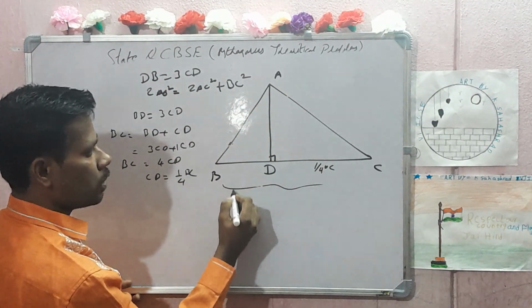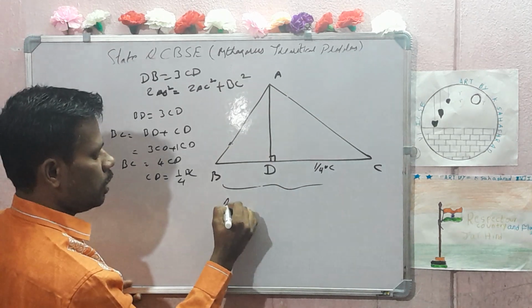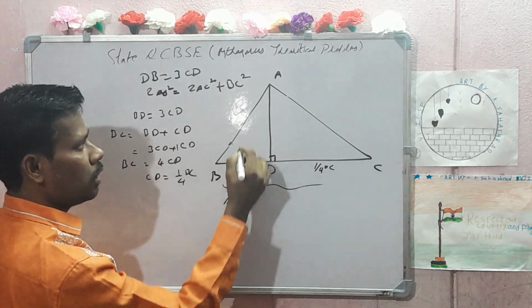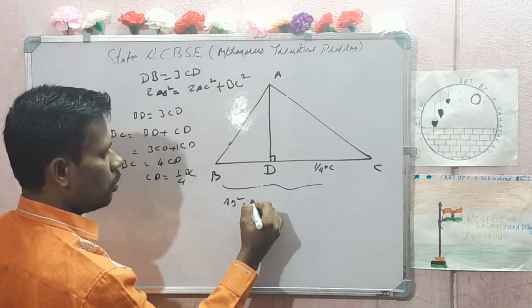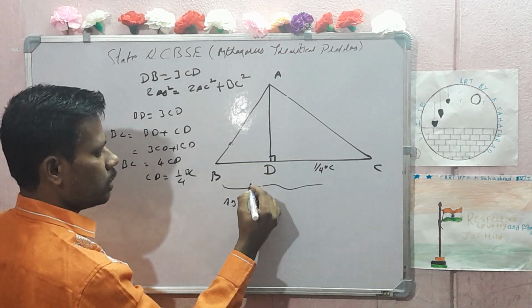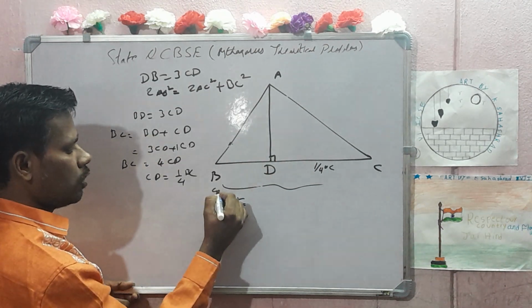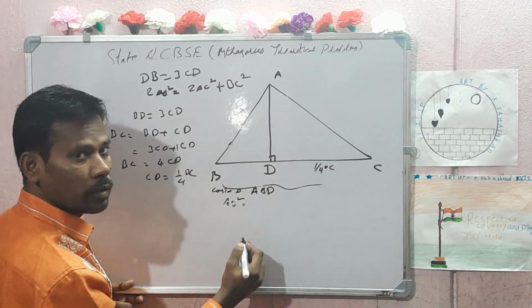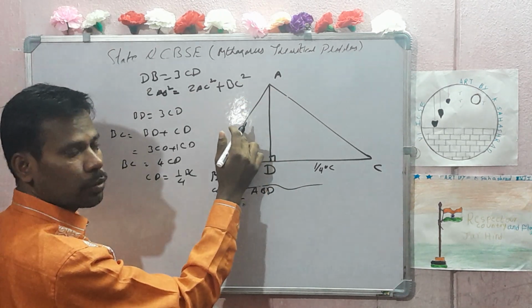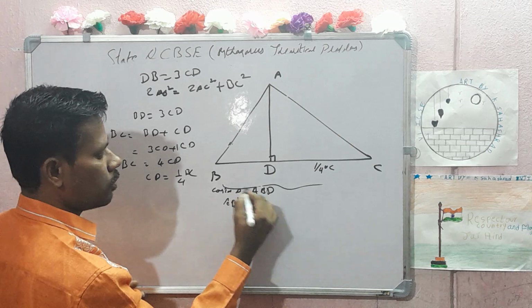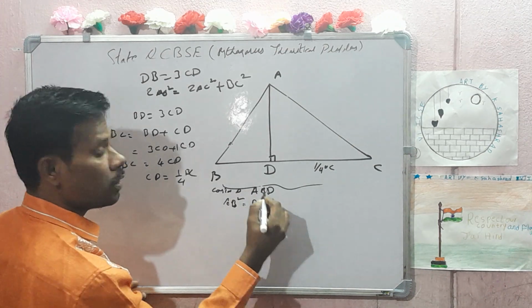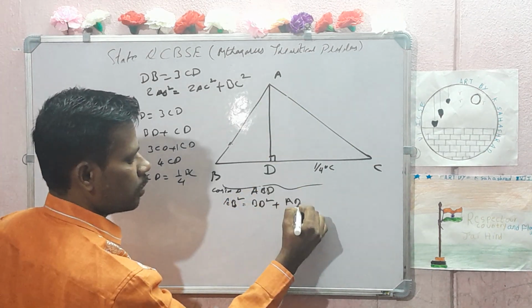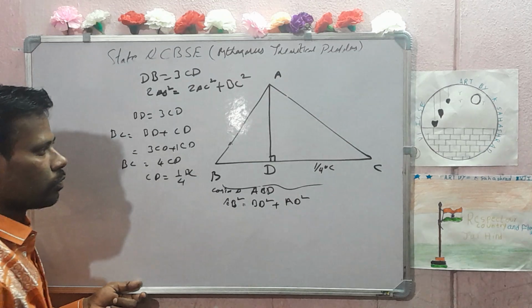So AB square is equal to, what can you say? AB square on the hypotenuse is equal to sum of squares on the other two sides. Consider triangle ABD. So AB square is this one, square on the hypotenuse is equal to sum of squares on the other two sides, BD square plus AD square. Right? Next,